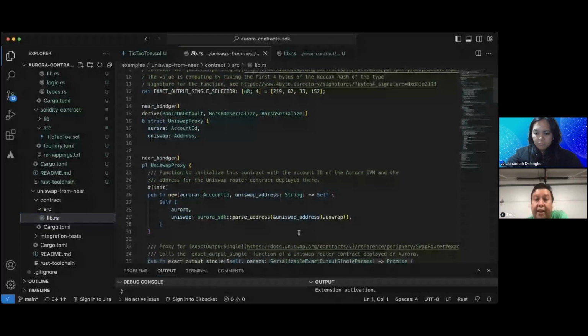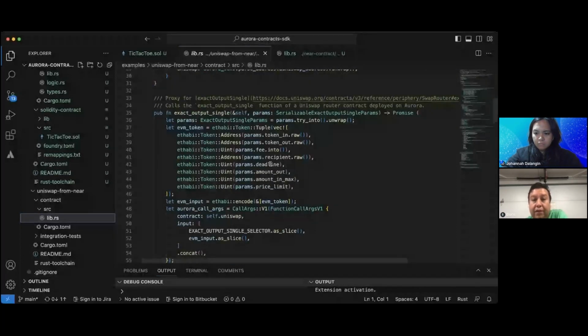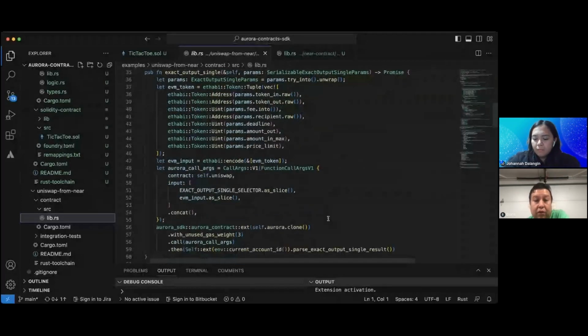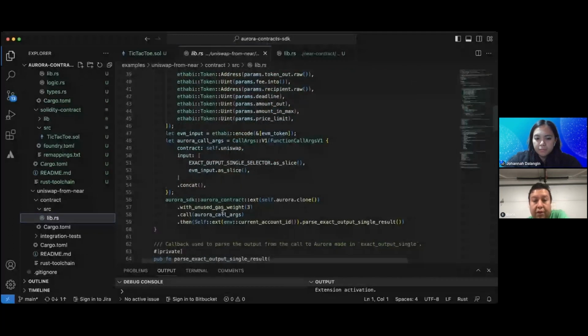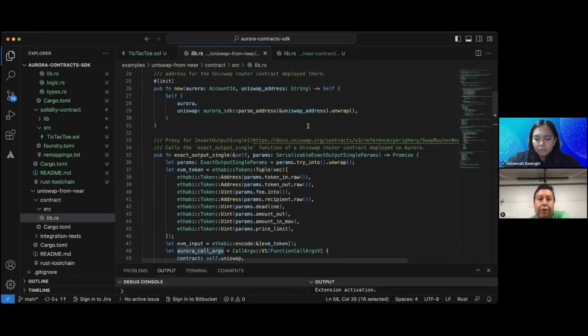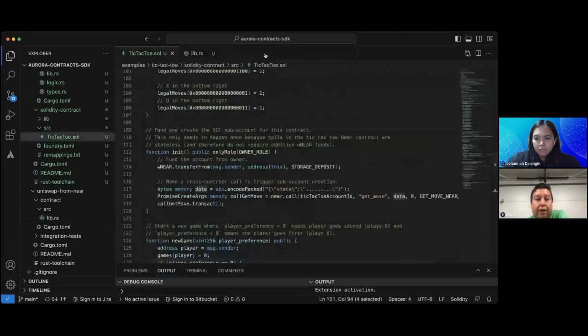Basically, you create all the data you need, which requires ABI encoding, and then you call the Solidity contract using the write function. As you see, you encode here, then you call an Aurora contract, send the arguments, and then call the function. It's the same approach. There is no difference in architecture from one to the other.